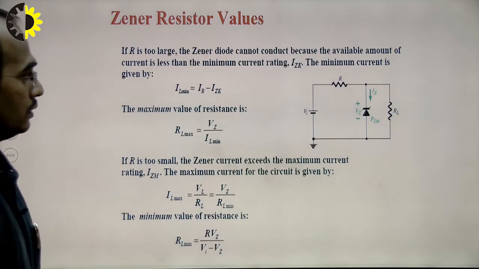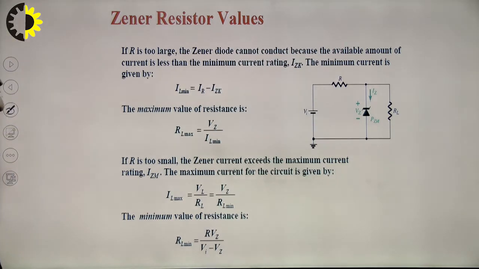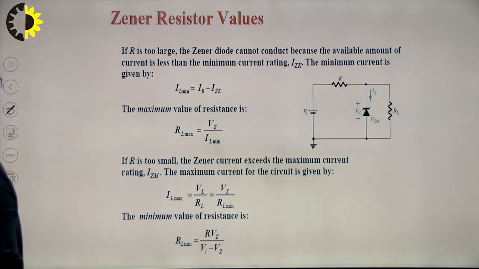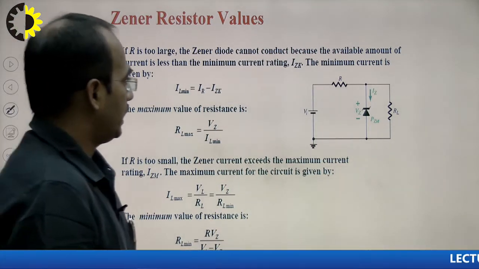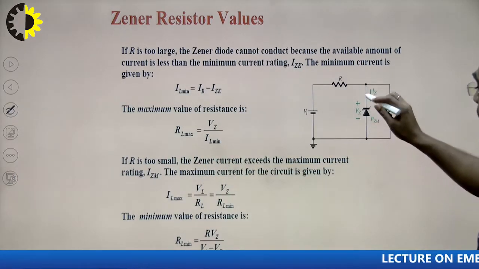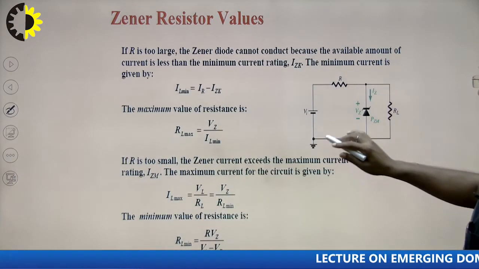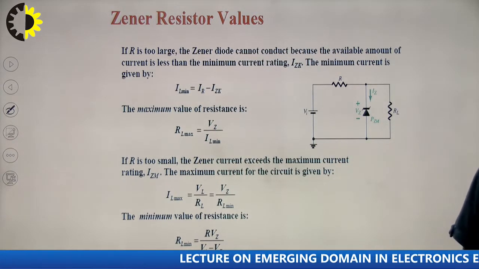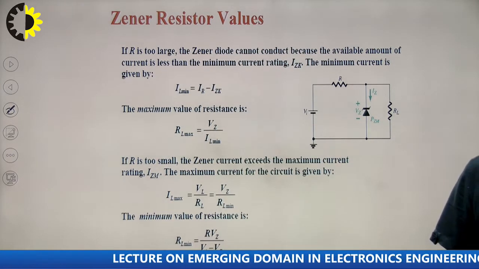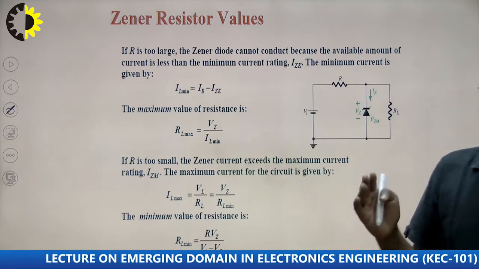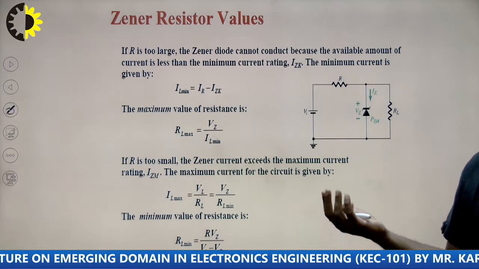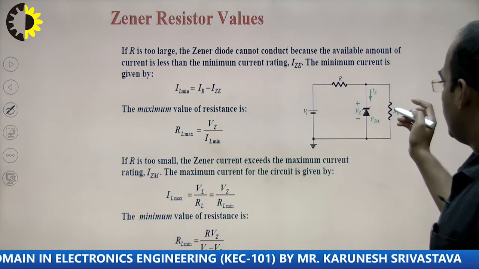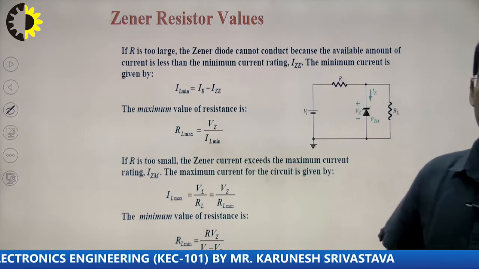Now, come to the Zener resistance value, or how it behaves as a voltage regulator. So, in this circuit we have considered that resistance R is very large. So, the Zener diode cannot conduct because the available current is too small. So, what will happen? The minimum Zener current is required for this. So, from where we will get this minimum current? For getting the minimum current, we can consider that the current flowing through this resistance RL